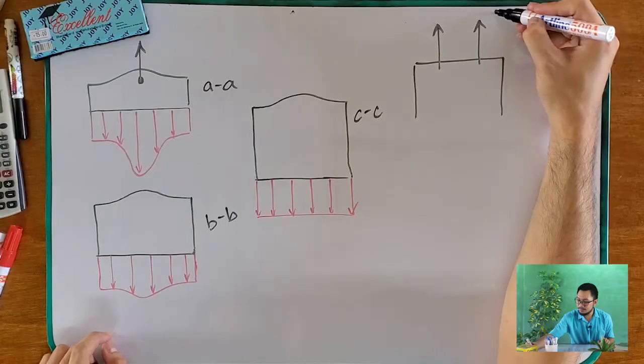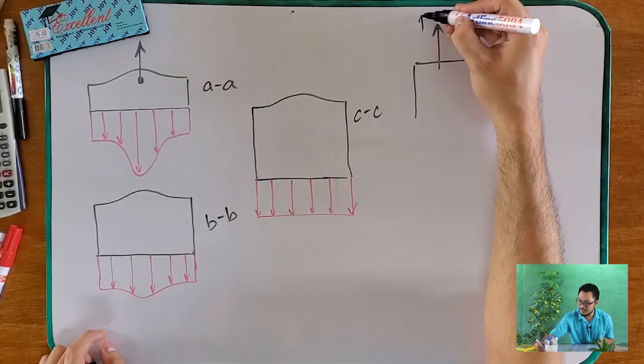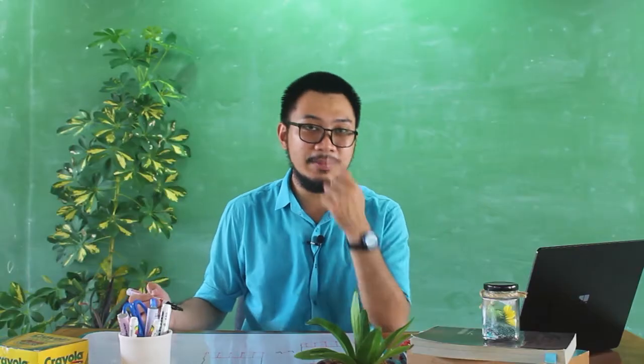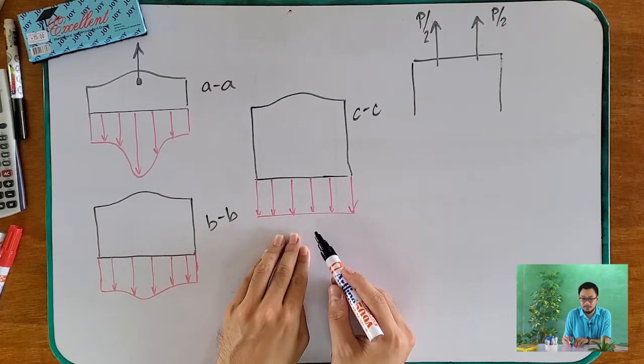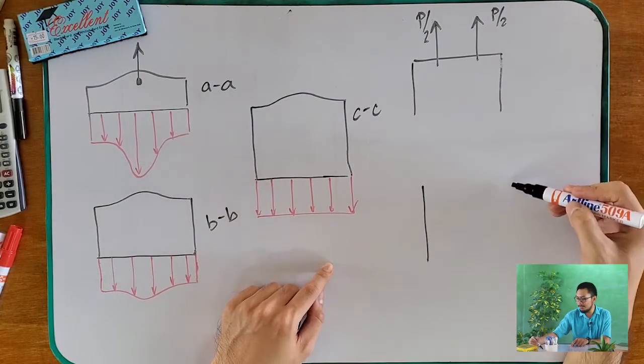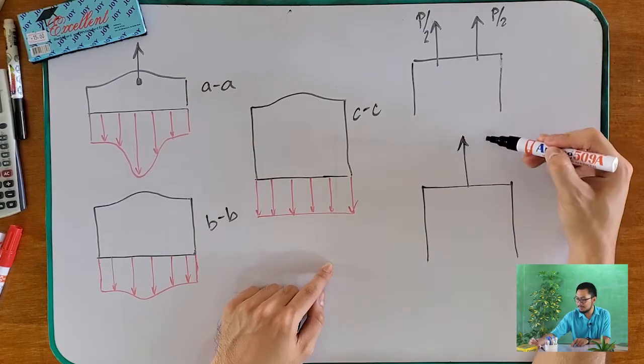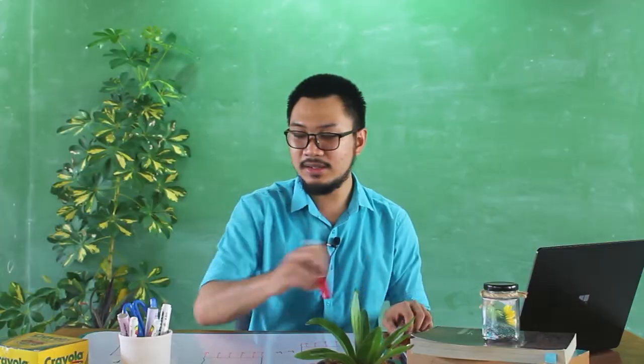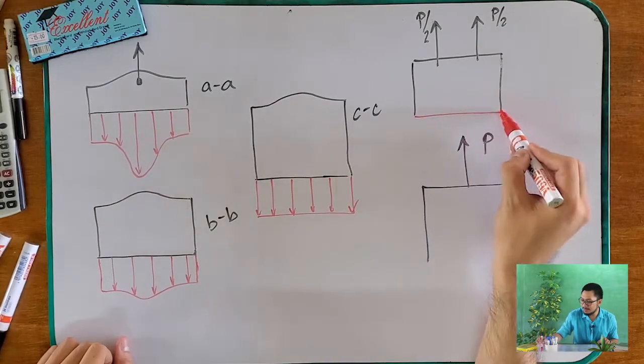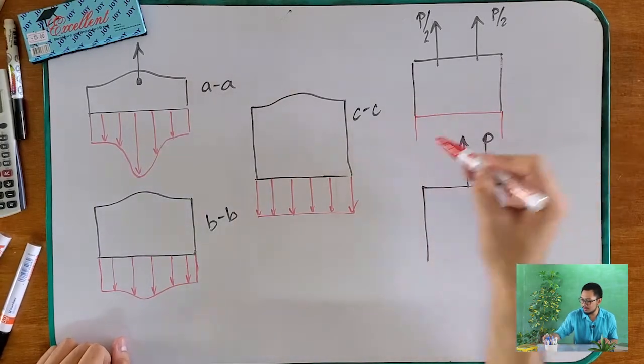Okay? So P over 2 and then P over 2. Inigtan-aw nimo ana sa atong stress distribution, maghimo ta og cut. And then i-compare nimo sa stress distribution sa aning atong P,